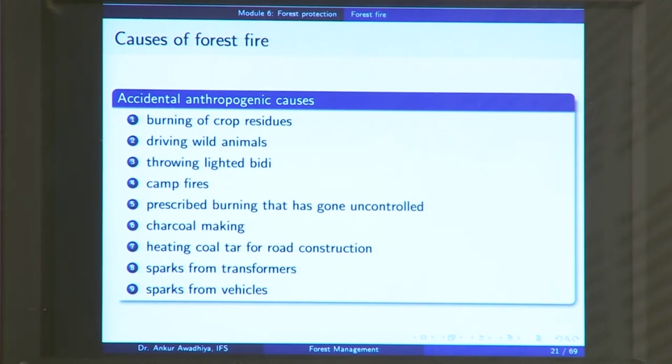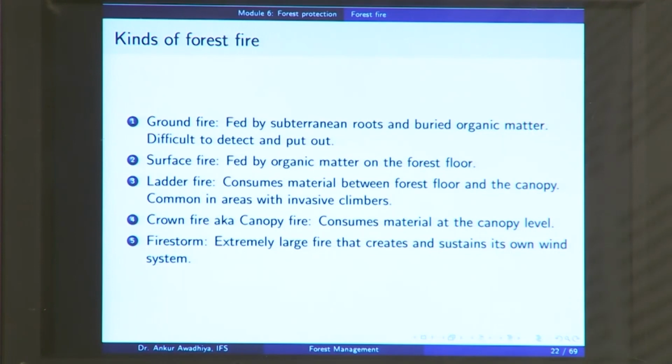Now, when there is a fire in a forest, it is not a uniform fire. So, you can have different kinds of fires depending on which area of the forest is getting burnt. So, these are the kinds of forest fire. The first one is a ground fire. A ground fire is fed by subterranean roots and buried organic matter, and it is difficult to detect and put